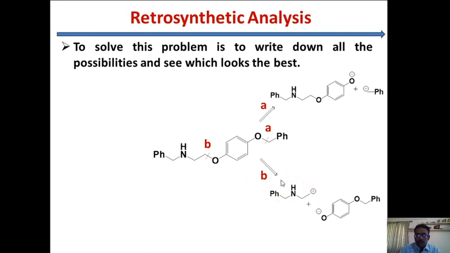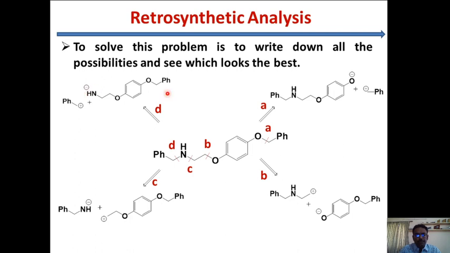Okay, so the next, C, the possibility is breaking the bond C. So the pathway C, we are breaking the carbon heteroatom, the carbon nitrogen bond here. Okay, the right side of the nitrogen. Then you will end up with one nucleophile, the anion, the nitrogen, then an electrophile. Suppose you are breaking the other bond, which is the right side to the nitrogen, bond D, then the pathway D will give you 2 synthons, a nucleophile and an electrophile like this.